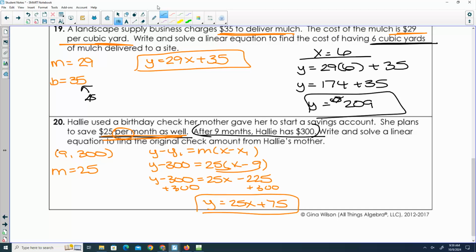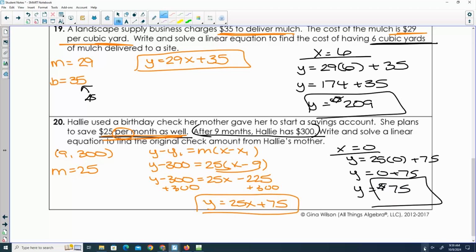Now to answer the second question. We want the amount of the original check. If it's the original check, how many months has she saved? 0. So I'm saying when x is 0, how much money did she have? 75. So you could know that it's just the y-intercept, or if you plug in 0, you get 75. So she was given $75. All right, so we have reviewed